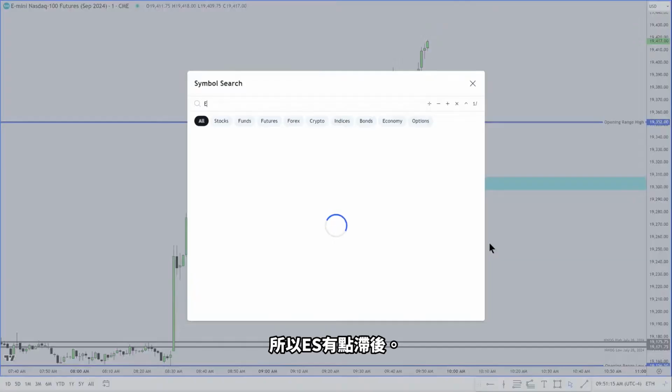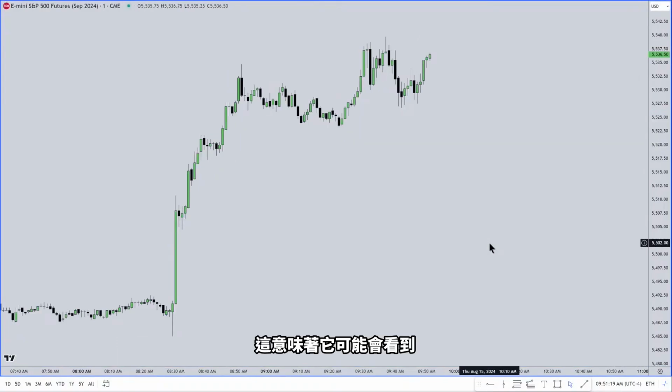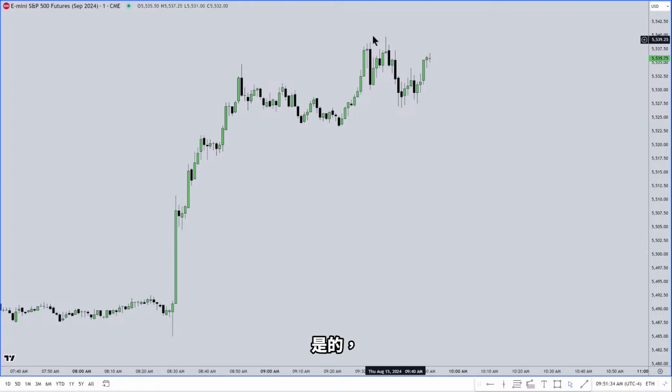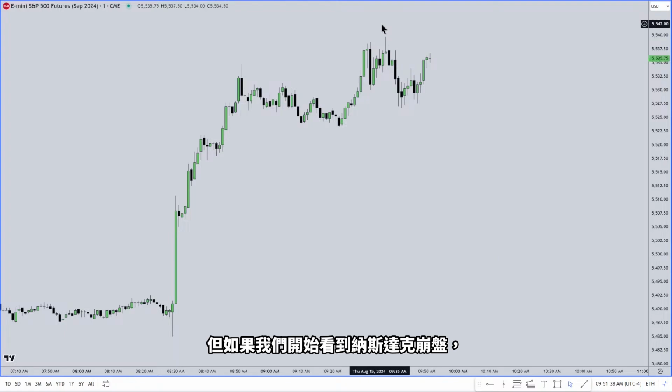Just want to take a peek at ES. So ES is lagging a little bit. So that means it's probably going to either see NQ stay at its highs and allow ES to catch up, meaning that ES should be going above this high. But if we start to see NASDAQ break down and ES fails to go to this high or higher,